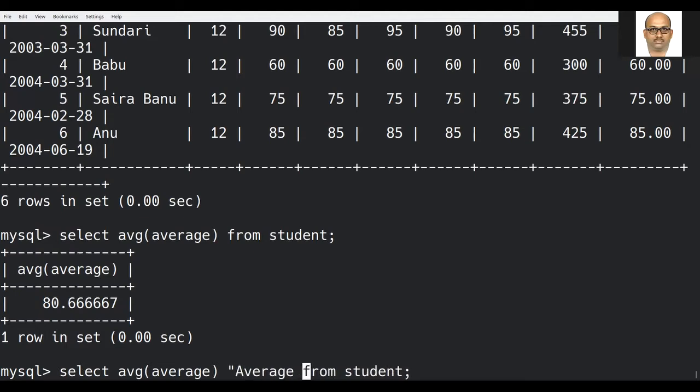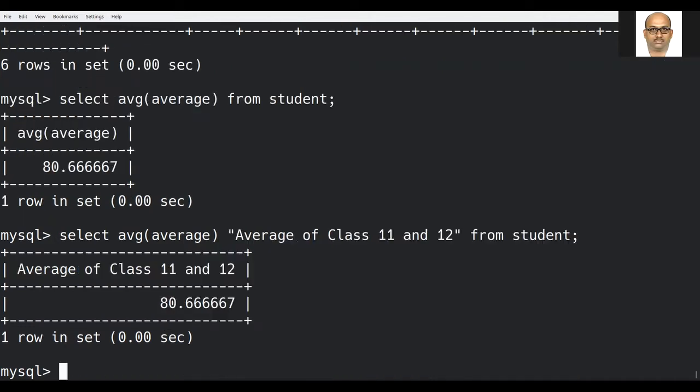Average of class 11 and 12, if I give it in quotes after the aggregate function and before from student, then while displaying, instead of AVG average, you can see average of class 11 and 12. This is how I can use the average function.